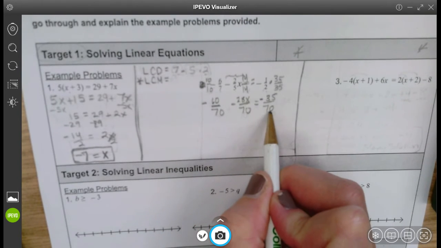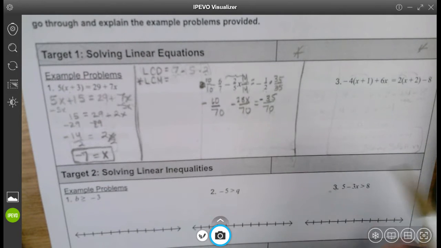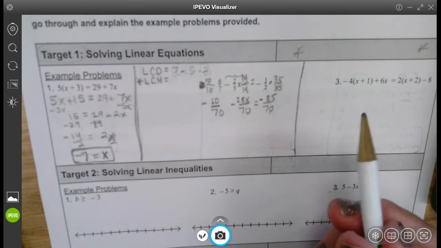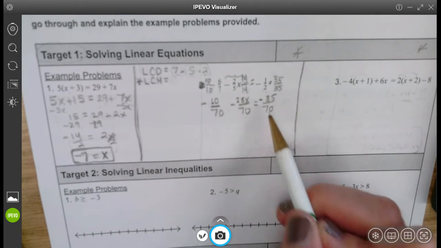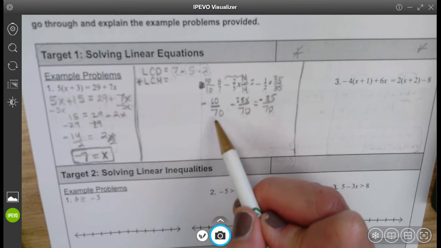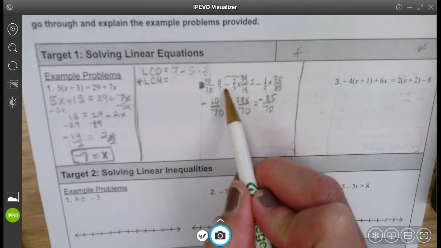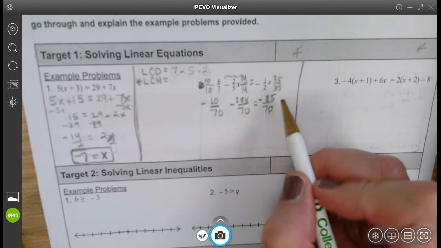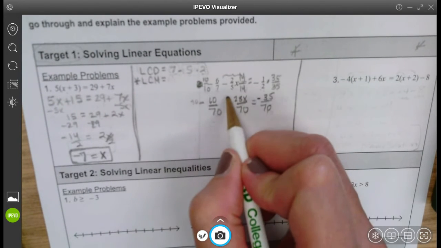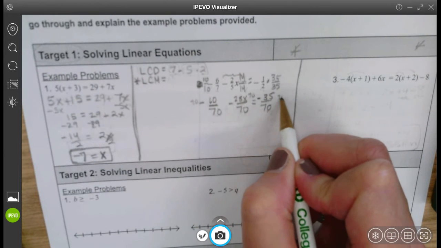I like the 70s. They're beautiful and matching now, but I don't want them there. So I can get rid of them all at the same time. I can undo all the division at the same time. I can only do that because they're all the same numbers. I couldn't do that up here. They're not the same. So what I can do is multiply every single thing by 70, multiply it all by 70, multiply it all by 70, and look,